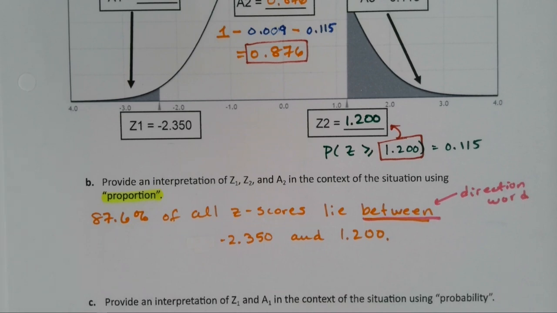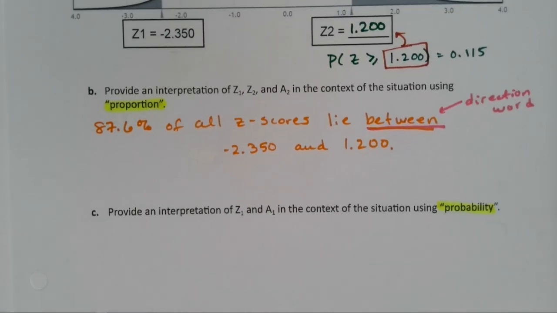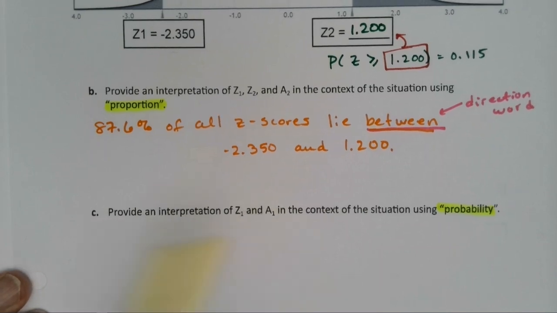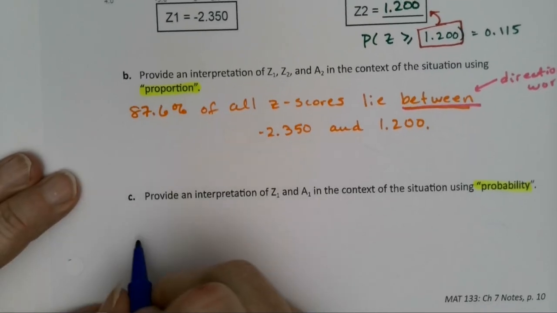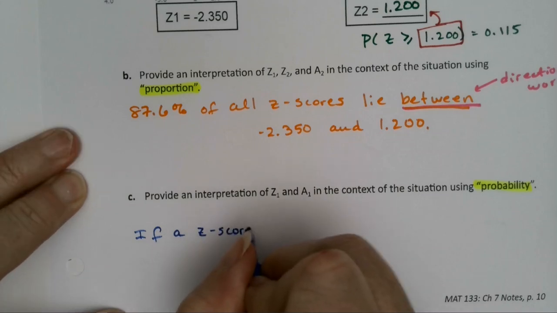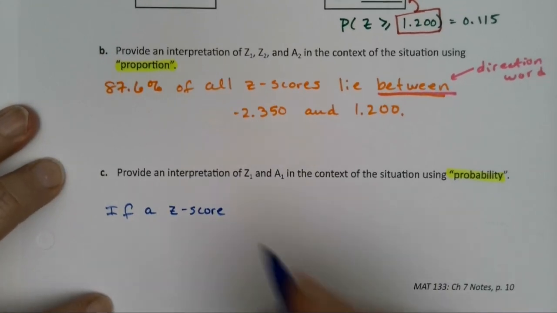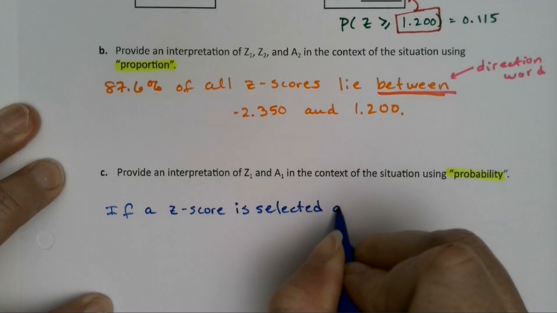All right, so let's do it again, but this time we're going to do it as a probability, right here. So we're going to do a probability one, and then it's asking for a different zone. So when you do these problems, you have to read carefully and look at what zone you're being asked about. In this case, we're being asked about Z1 and A1, which is this left tail bit. So if a z-score is selected at random, or you could say if you select a random z-score or something like that. If a z-score is selected at random,